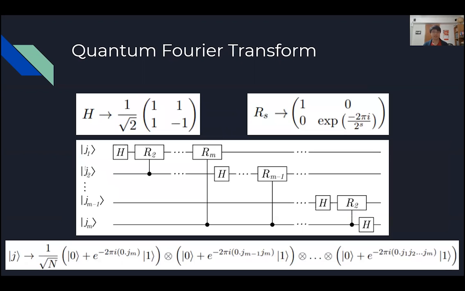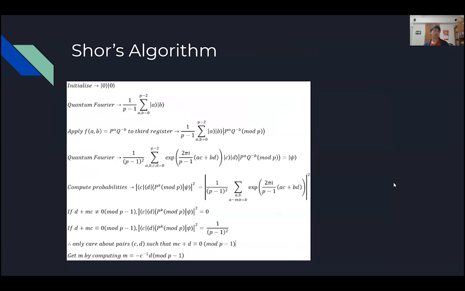Here in this image in the center, we see the quantum circuit implementation. So each line is a qubit, and we can see that each qubit goes through a set of operators, a set of gates. And we end up with the Fourier transform looking like this equation here at the bottom. Each set of brackets is basically one qubit. And so on to Shor's algorithm, how we're going to solve the discrete logarithm problem.